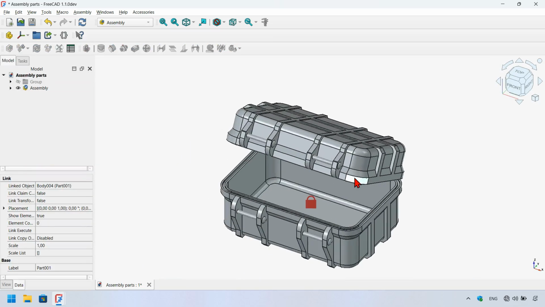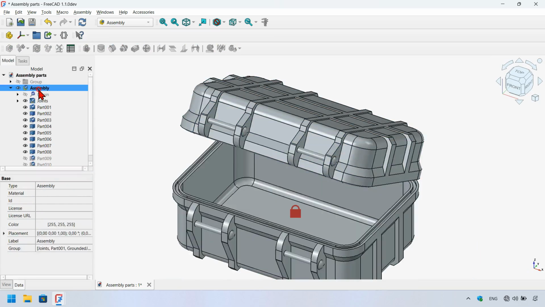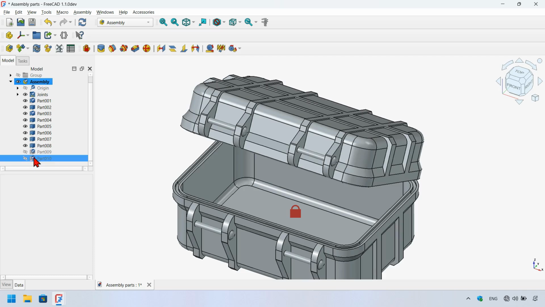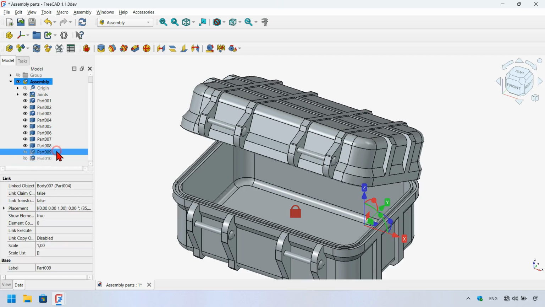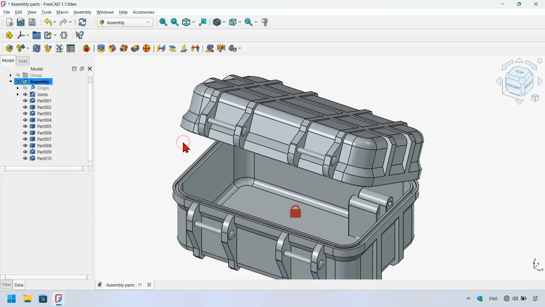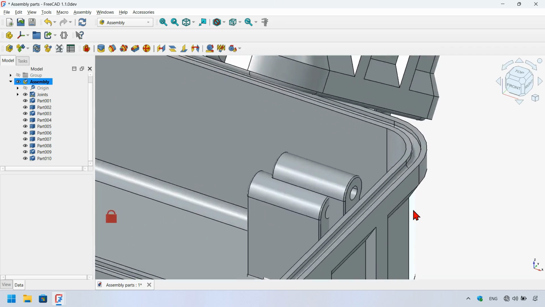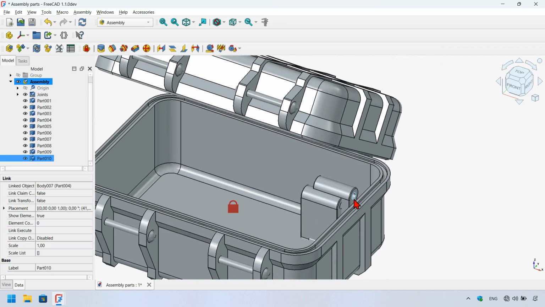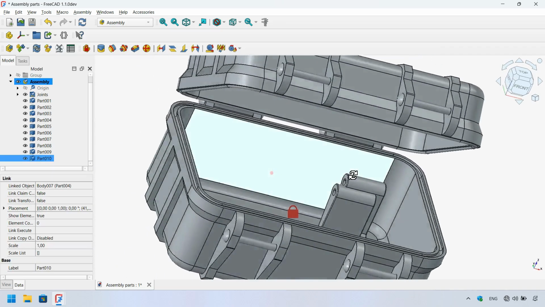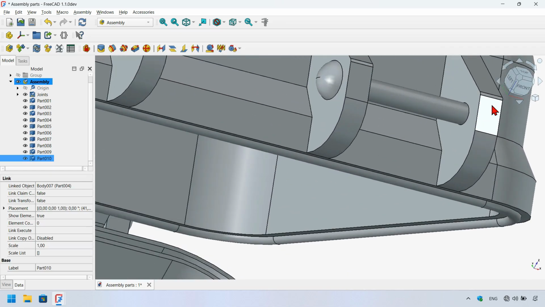Okay, now what I'm going to do is to activate this assembly, double click, and now I'm going to assemble these two parts here. I select this part and also this part here and spacebar. Okay, and now I zoom in here and I select this edge. Now I rotate the view, I zoom in here, Ctrl-select this edge here, and I will place a revolute